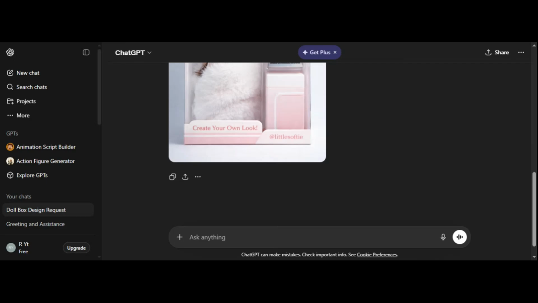In today's video, I'm going to show you how to remove or change your credit card on ChatGPT in a quick and easy way. If you signed up for a paid plan and now want to update your payment method, remove an old card, or switch to a new one, this tutorial will walk you through the full process step